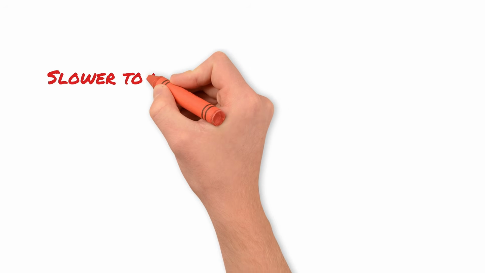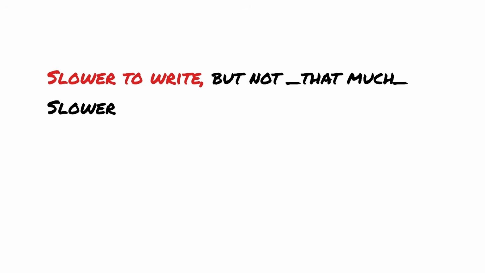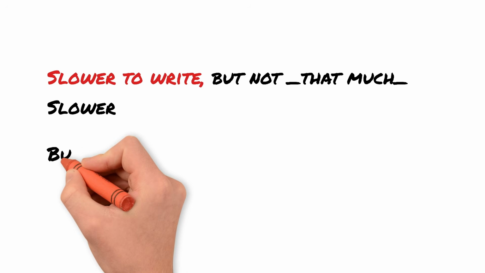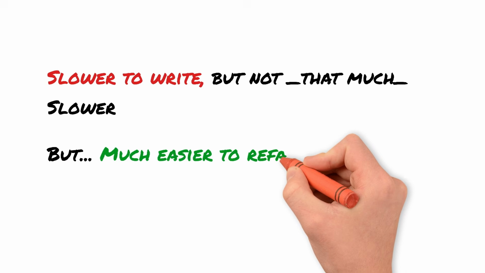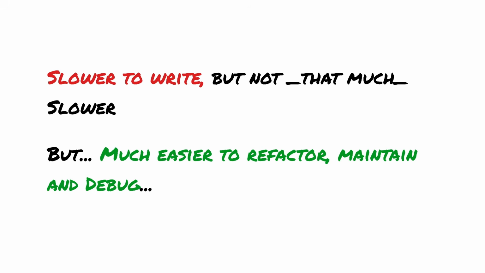This may sound like a burden compared to, say, TypeScript's gradual opt-in nature, and it is, but after you get the hang of it, it isn't that much slower productivity-wise. Of course, knocking out a simple script or demo is going to be faster to produce in TypeScript than, say, Rust. It just is. But the upside is Rust is immensely easier to refactor, maintain, and debug, and for production projects, that's a pretty good trade-off.